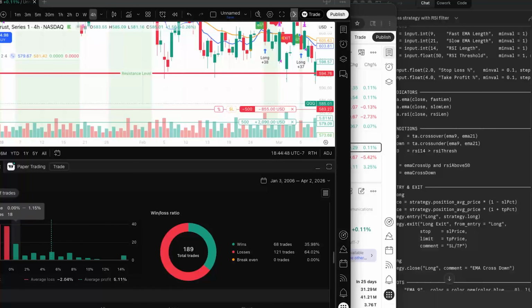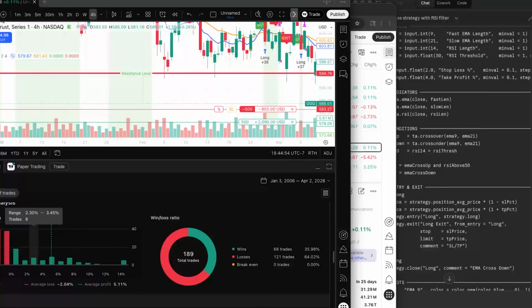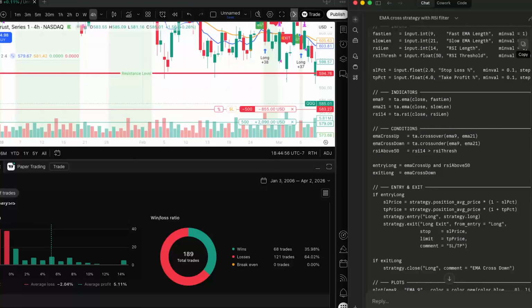Simply we can make this strategy better by keeping on prompting the AI, and simply we can take a screenshot of this and feed it back into Claude. By doing so, we allow Claude to have full vision and full access to our strategy and give it the best possibility of adjusting in real time the actual strategy here. Now, this is where the Claude AI becomes powerful. Now, if we simply paste this in,